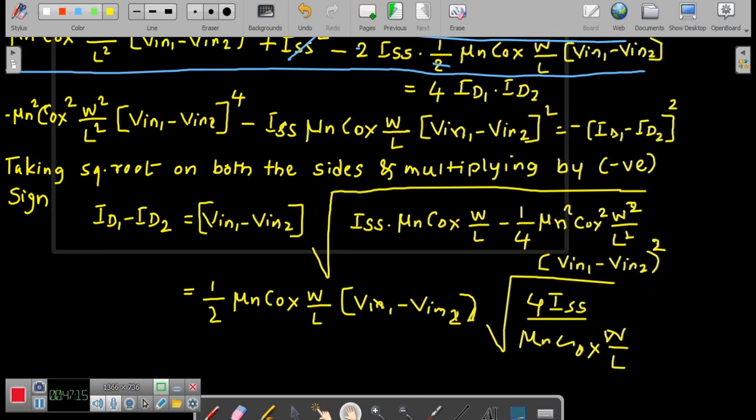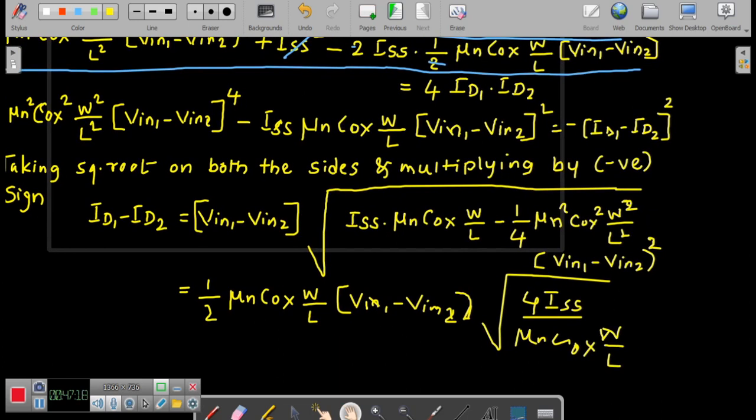You know this. 4 ISS divided by mu n COX into W by L minus V in 1 minus V in 2. So this is under the whole root, minus